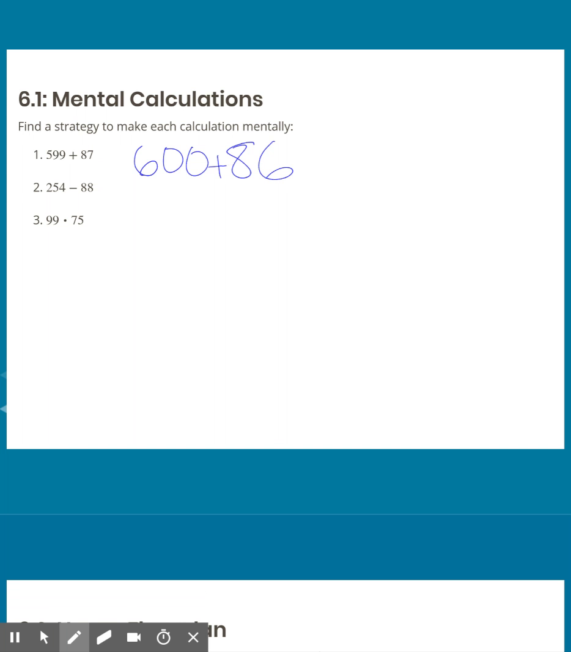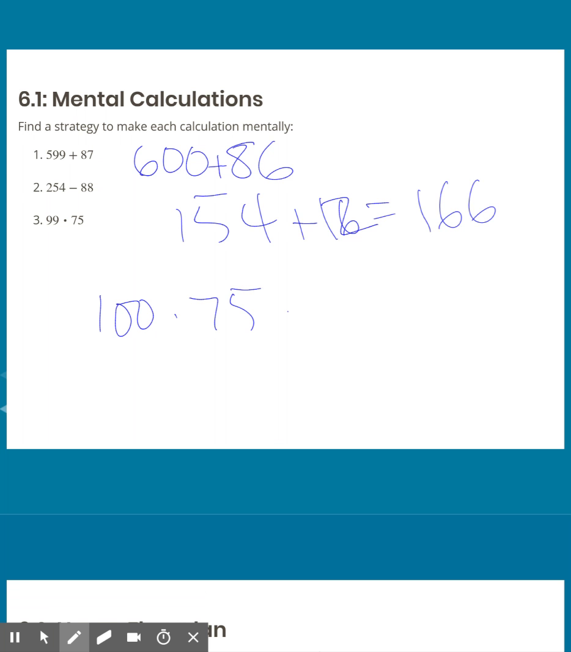So I go too far down to get me to 154. And then I know that I need to add 12 back because that's the difference between 88 and 100. And that is easier for me to do, and, oops, that's a 12. I went ahead and did my adding, 166 there. And then on this last one, thinking of the 99 times 75 as 100 times 75 minus a